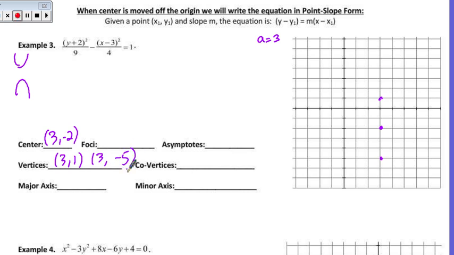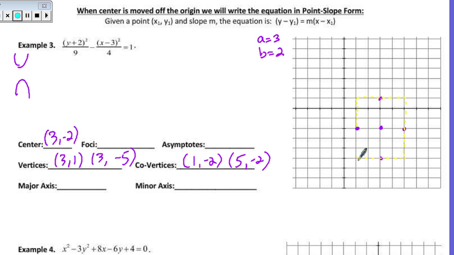Our b value, so we take the square root of that, is 2. That will get us our co-vertices moving right and then left. Again, I can see those points as well, so they're pretty easy just to grab off the graph itself, and that's (5, -2). Once we have our vertices and co-vertices, that helps us to form the box,